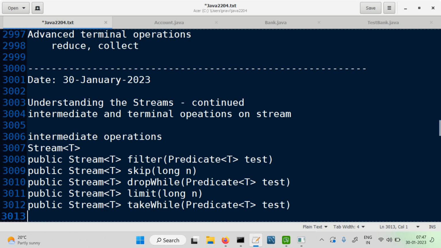Drop while and take while stop testing. One stops dropping and this one stops passing, so not for every element, whereas filter tests every element. Fine. Another method was